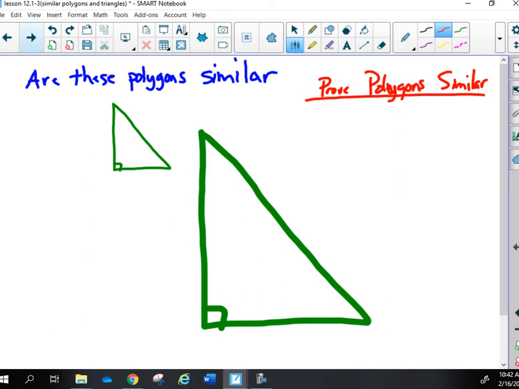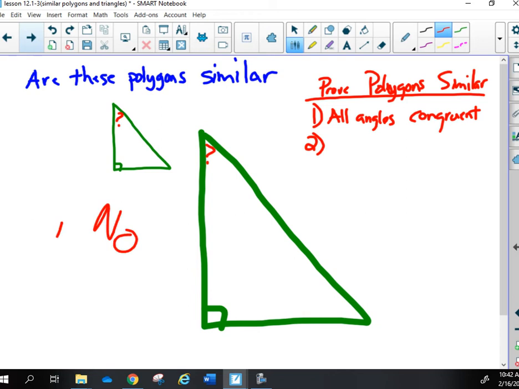Okay, in order for polygons to be similar, both of these things have to be true. One, all angles have to be congruent. That is a must. Always look at the angles first. That's the easiest thing to find out. And then if all the angles are the same, and you can look down here right away, we don't know if these angles right here are equal, so you're going to say right away, no,